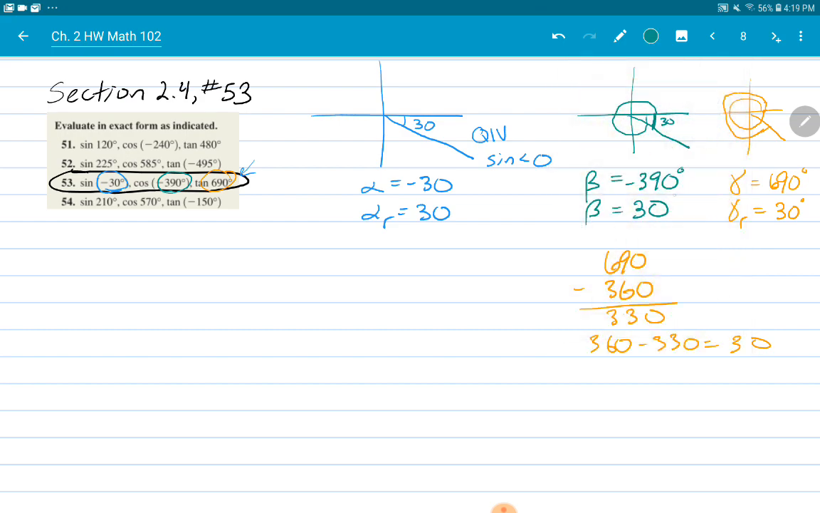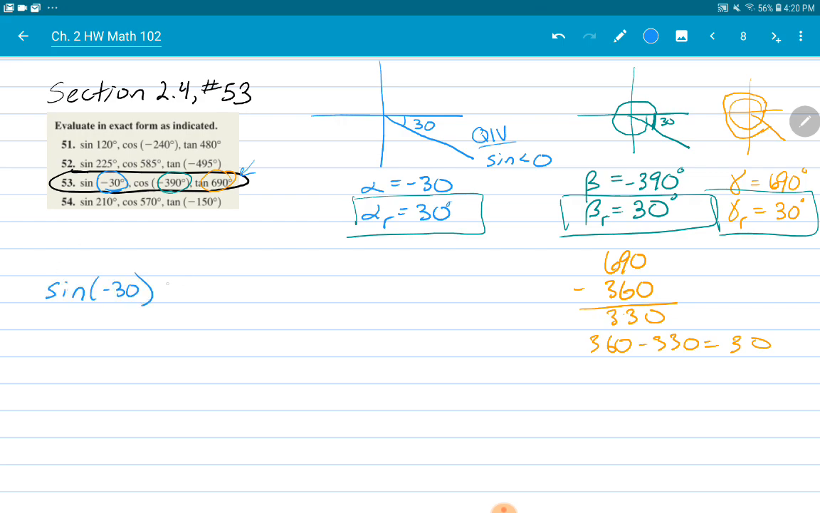So, I left off my little degree signs in my reference. So these all have the same reference angle. So I'm going to use that 30 for all of these. And I will use the fact that it's in quadrant 4 to tell me the sign. So for sine of negative 30, it's going to equal the value of sine of 30. And the sign is going to be negative because it's in quadrant 4, which gives me a negative